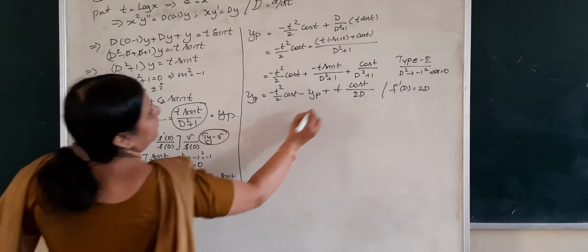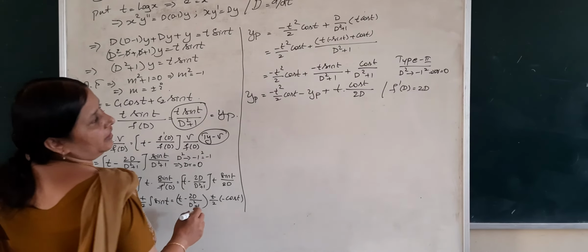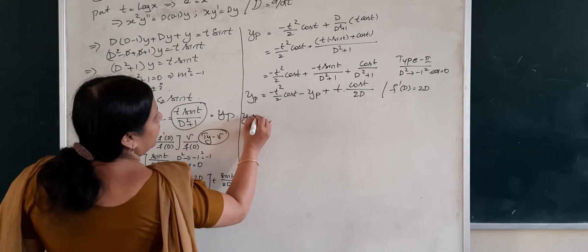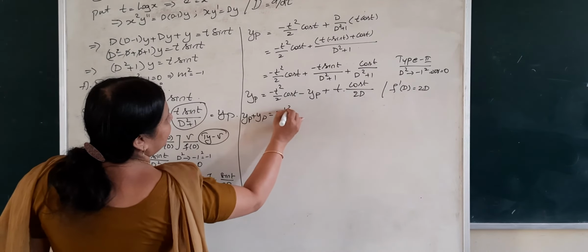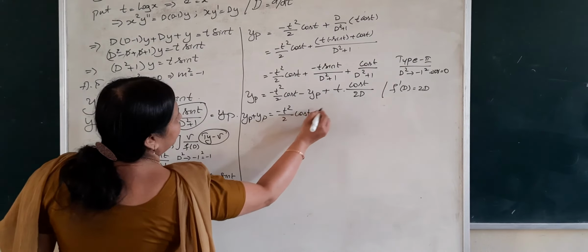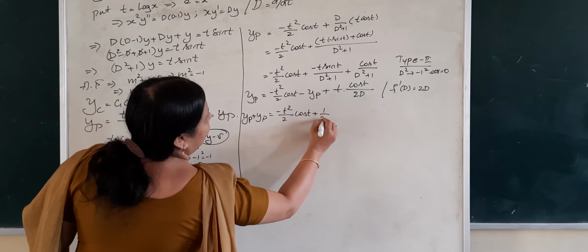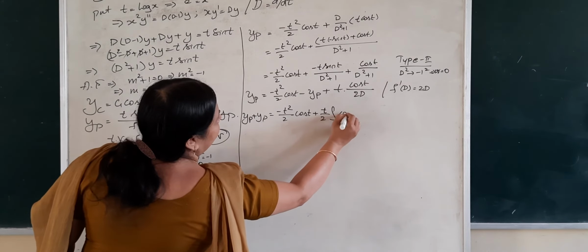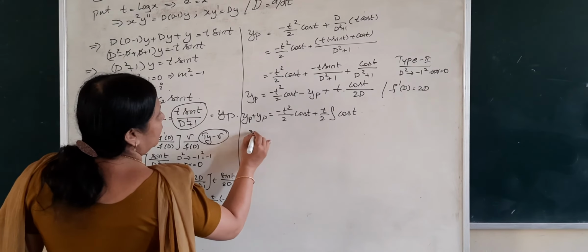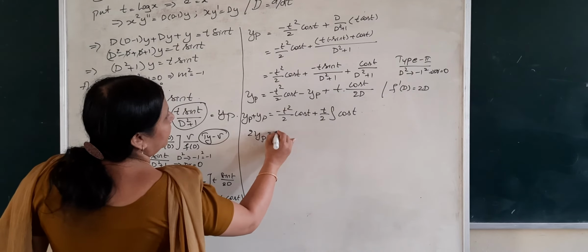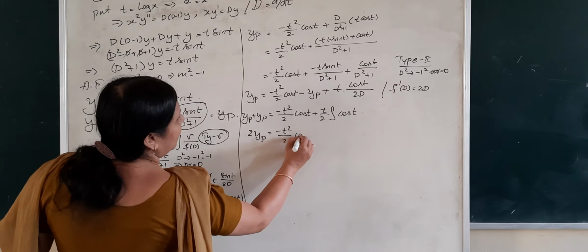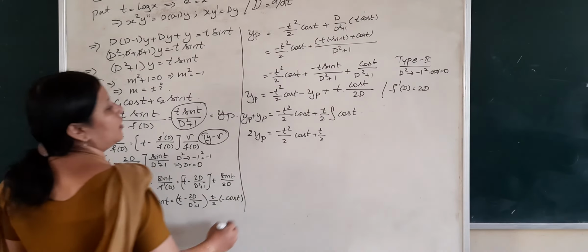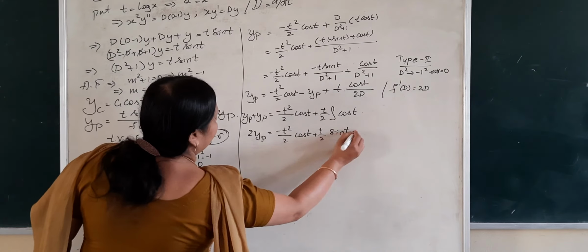I have applied the formula whenever the denominator is 0. Minus yp goes this side, it becomes plus yp. So yp plus yp is equal to minus t square by 2 cos t, and this will be plus 1 by t by 2 into 1 by t is replaced by the integral of cos t. So 2yp is equal to minus t square by 2 cos t plus t by 2 times of the integral of cos t, which is sin t. So 2 goes